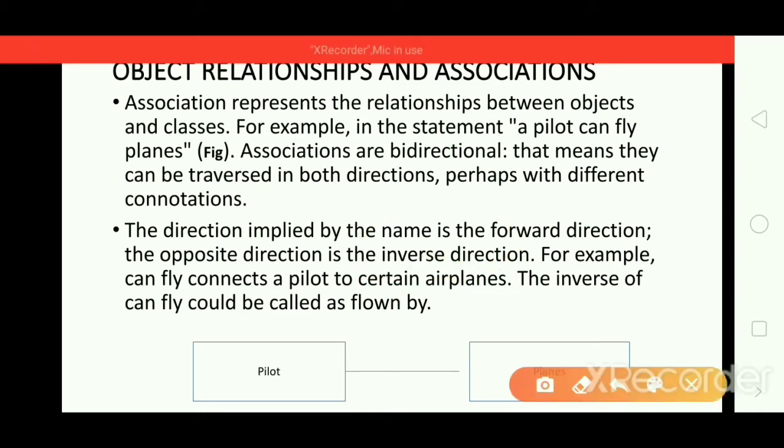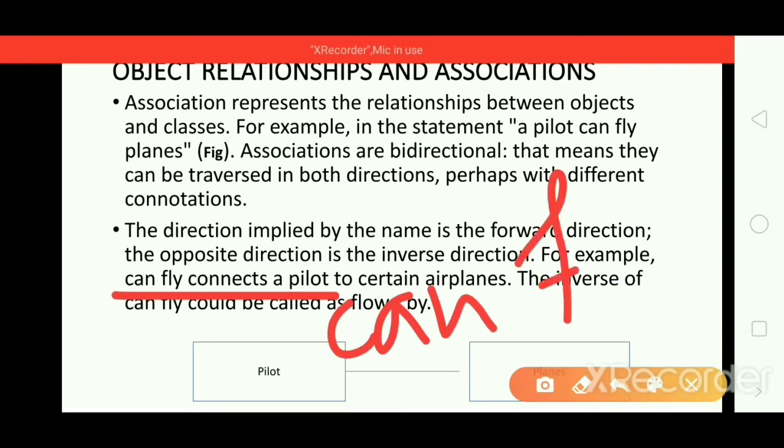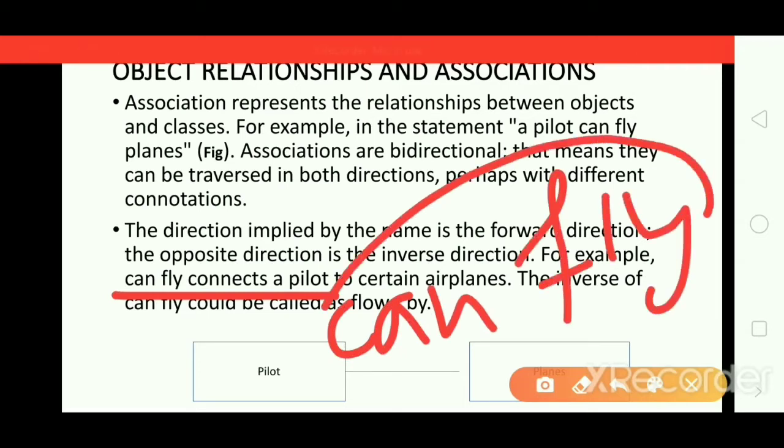For example, can fly connects a pilot to certain airplanes. That is, a pilot can fly what? Aeroplane.